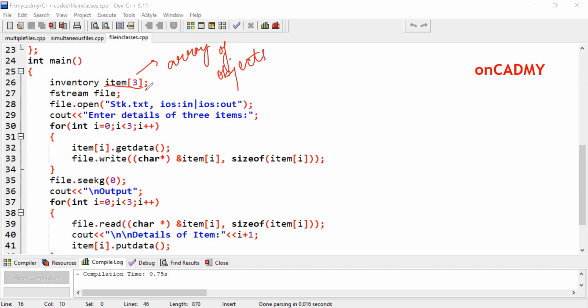And now we have created an object of the fstream class. Earlier we created objects of either ifstream or ofstream, but here we are going to create an object of the fstream class, file. And then we will open the file, file.open stk.txt. stk is basically stock.txt. You can write the full name here also. Let me write the full name: